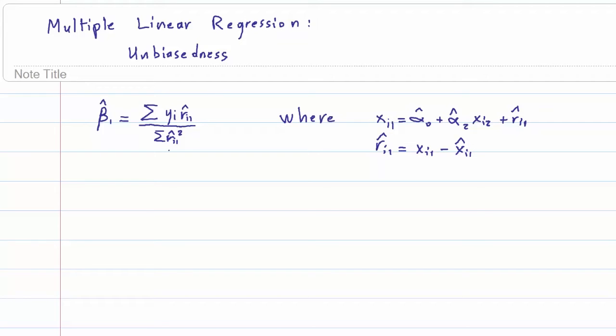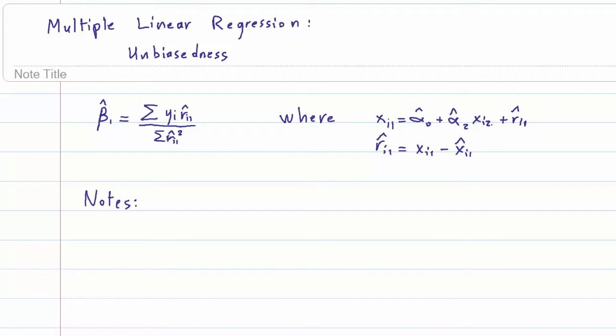And what is this ri1 hat? It's just the residual of the regression of xi1 over the other xi, so xi2, and if you have xi3, you add plus alpha 3 hat xi3, etc. So ri1 hat is just xi1 minus the predicted value of xi1 that's coming from this regression here. First we're going to cover some important notes,